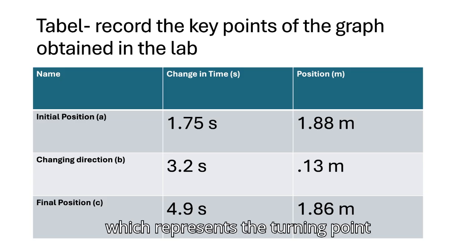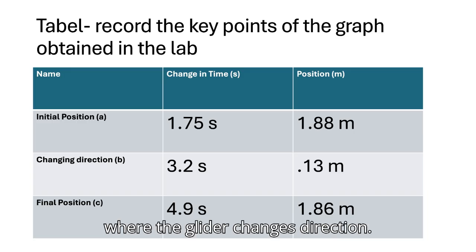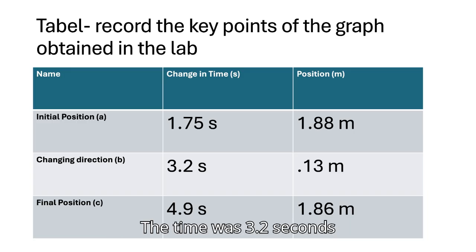For point B, which represents the turning point where the glider changes direction, the time was 3.2 seconds and the position was 0.13 meters. For point C, the final position we analyzed, the time was 4.9 seconds and the position